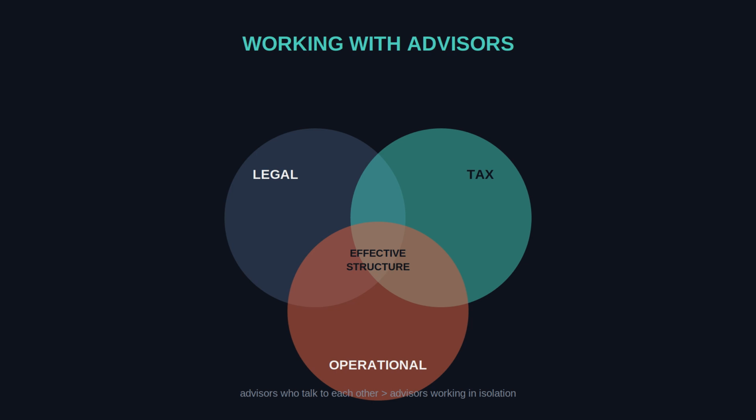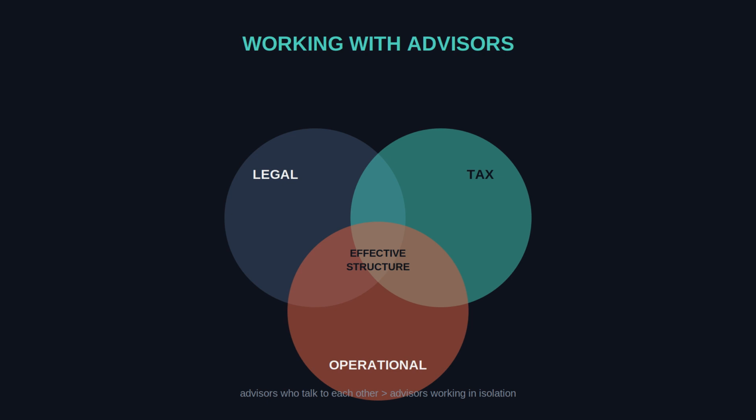One last piece: structuring sits at the intersection of legal, tax, and operational considerations, and they're interconnected. A legally sound structure still needs a tax review. A tax-efficient structure still needs legal integrity. An operationally convenient setup still needs to preserve the formalities that make it work. The best outcomes come from advisors who understand all three dimensions and actually talk to each other, not a lawyer,